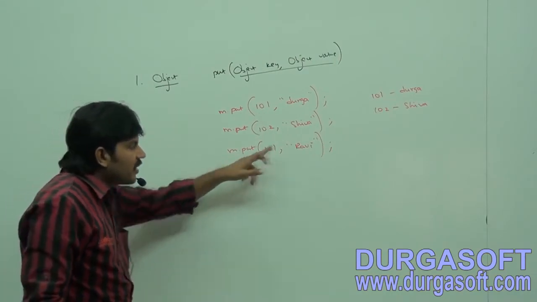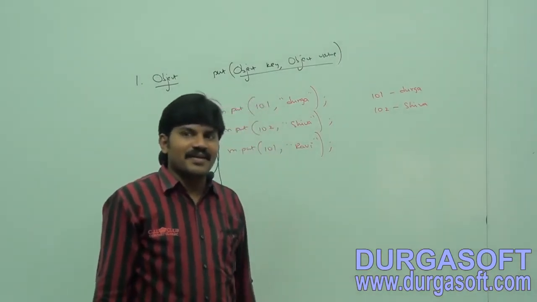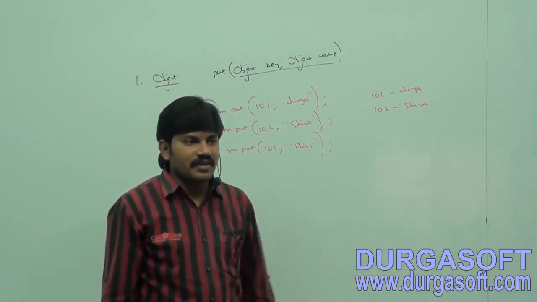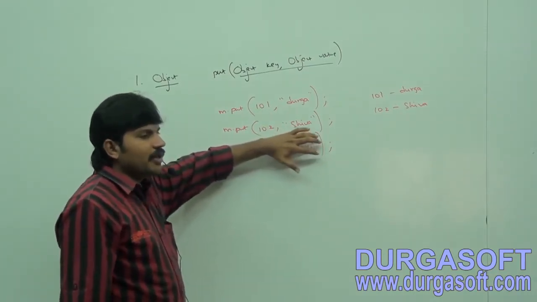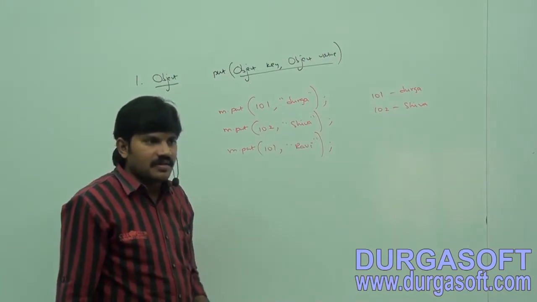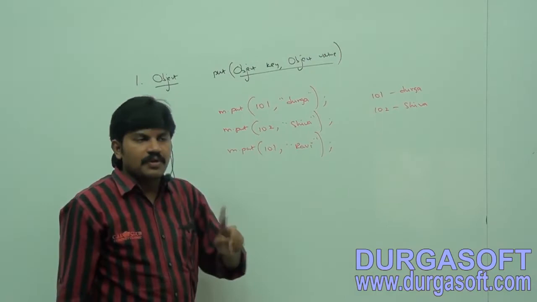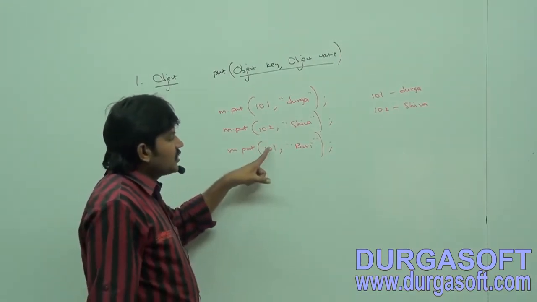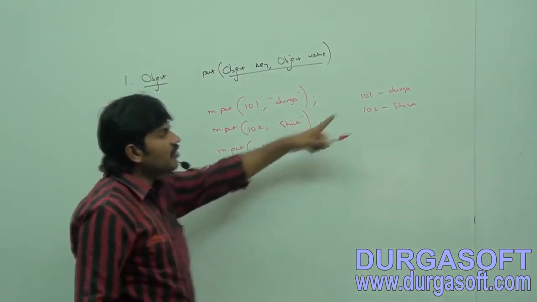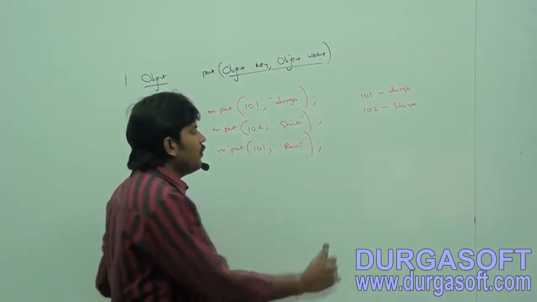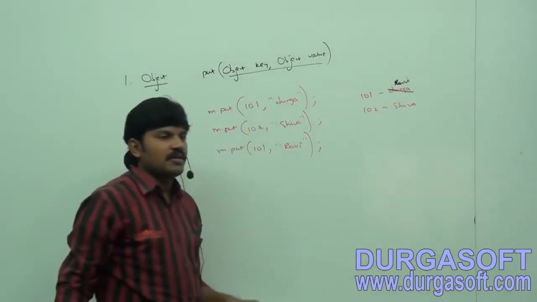If we are trying to insert an entry with a duplicate key, what will happen? In the set, the add method simply returns false without adding that. But here this value is there. If I am not going to add this key value pair, you may miss this value. So in the map it is simple. Is this key already there or not? Yes, boss, already there. Then what is the value associated with it? Durga. Replace that Durga with Ravi. Are you getting? Replace that Durga with Ravi.